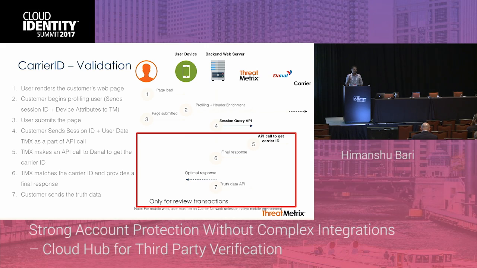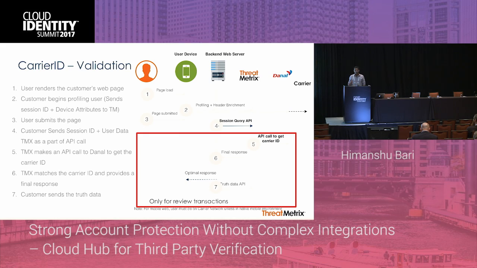and we come up with a risk profile for that particular transaction. Just like during step-up, at that point in the policy you, as a customer, have the option of whether you want to leverage carrier ID or not. If you decide you don't want to do any carrier ID business, that's fine. We just return the transaction, and you don't incur any additional costs. But if you decide, hey, I actually do want to step this user up,